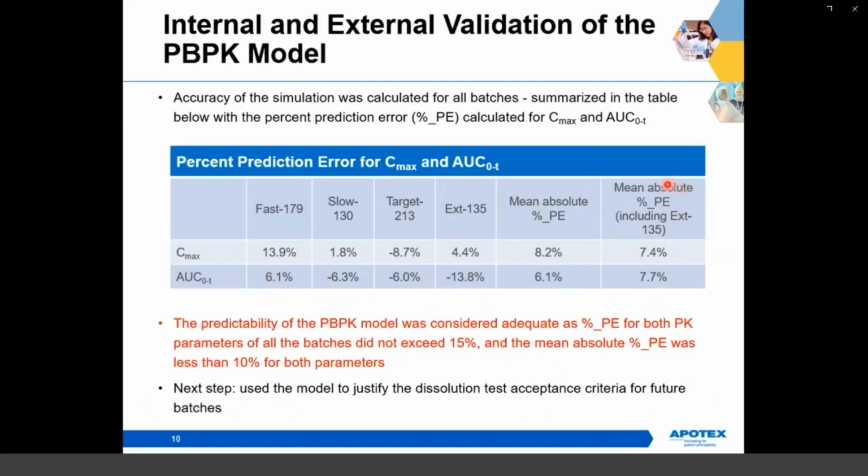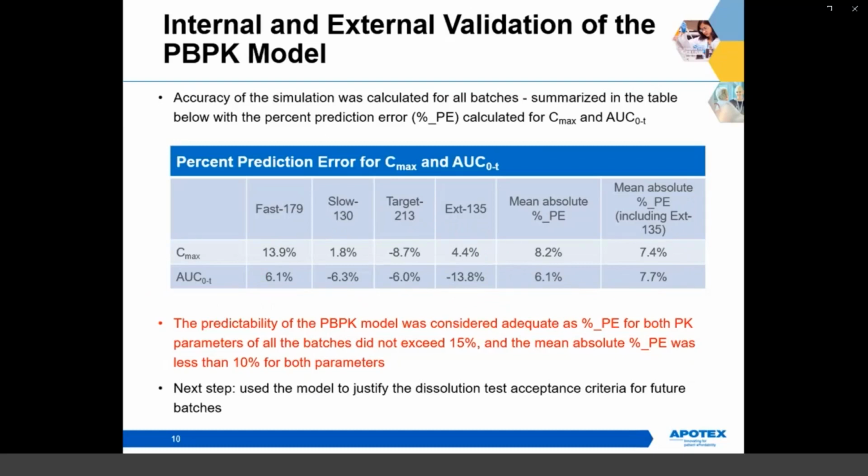And the last column is the mean absolute % PE after including the % PE values of the external batch 135. Based on these values, the predictability of the PBPK model can be considered adequate, as the % PE for both PK parameters of all the batches did not exceed 15%, and the mean absolute % PE was less than